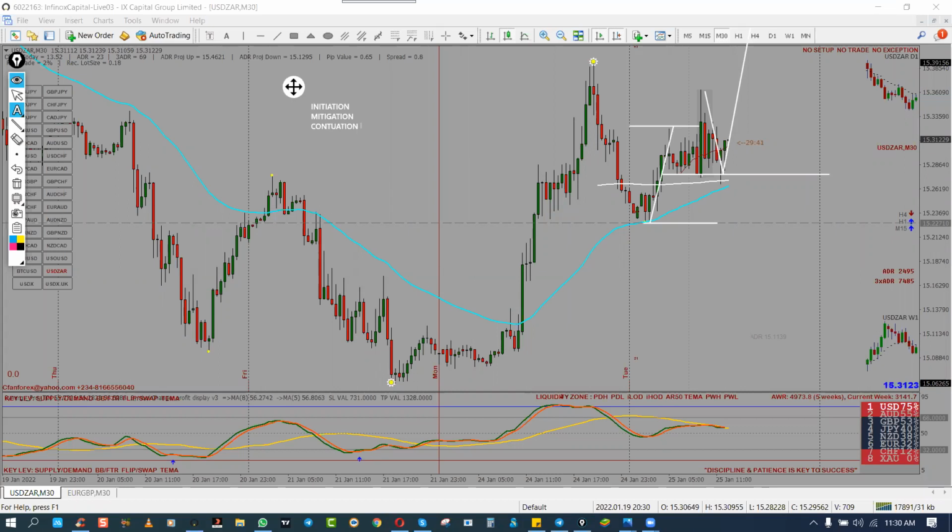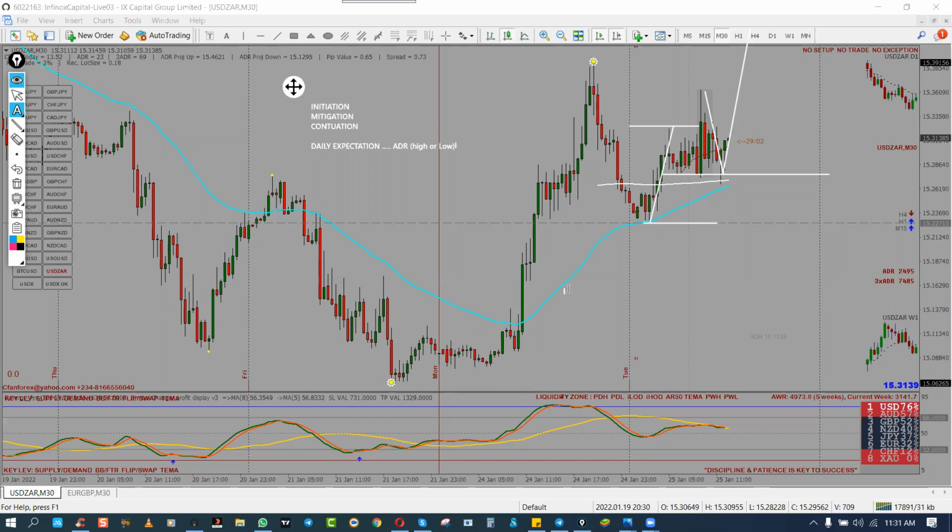So now, there's what we call daily expectation. Daily expectation is often the ADR high or low. When you open your trade, you should be able to say, okay, this trade that I've opened should take a course and run to the daily expected zone. So we use the daily ADR high and low as our expected markup.